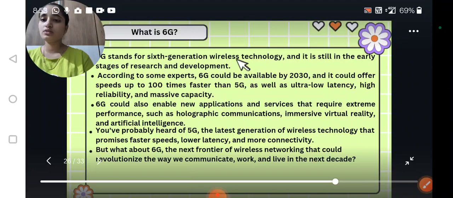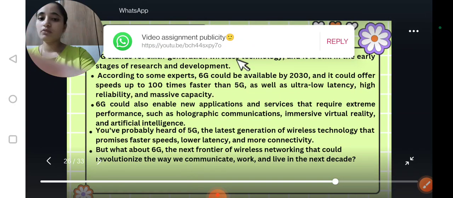Next we move on to the 6G. What is 6G? 6G stands for the 6th generation wireless technology and it is still in the early stages of research and development. According to some experts, 6G could be available by 2030 and it could offer speeds of up to 100 times faster than 5G as well as ultra low latency, high reliability and massive capacity. 6G could also enable new applications and services that require extreme performance such as holographic communication, immersive virtual reality